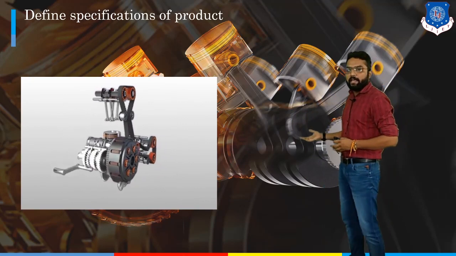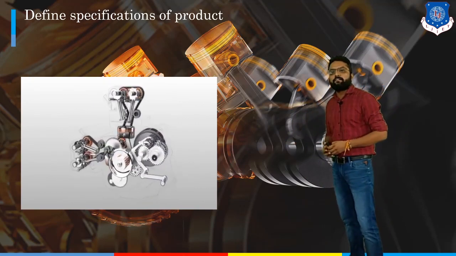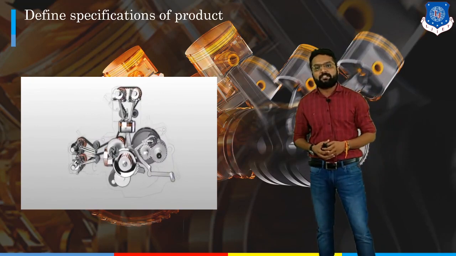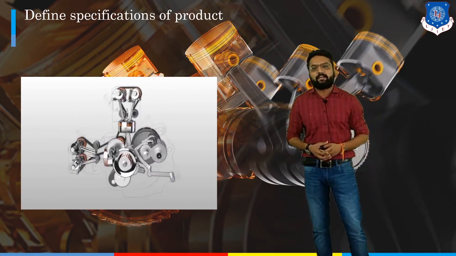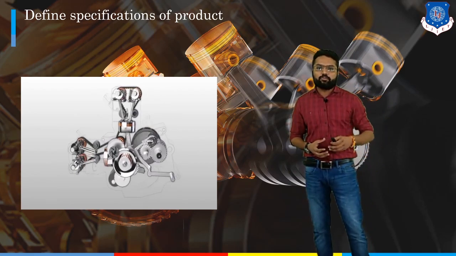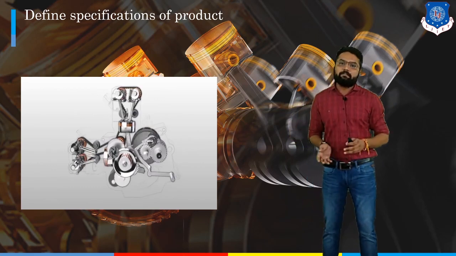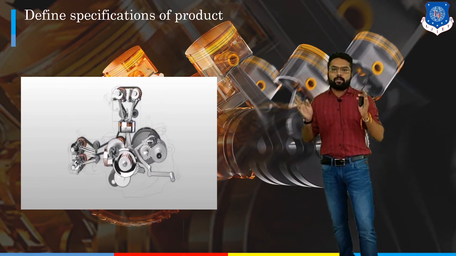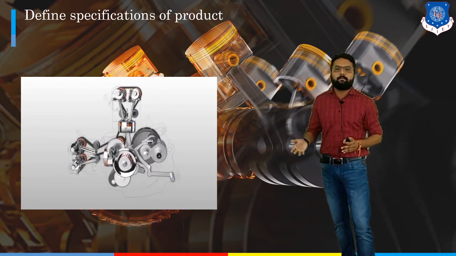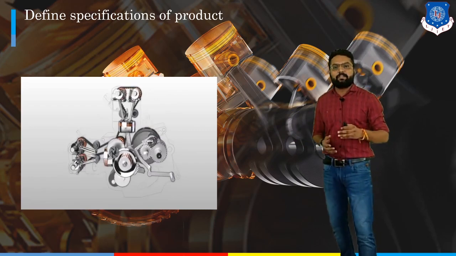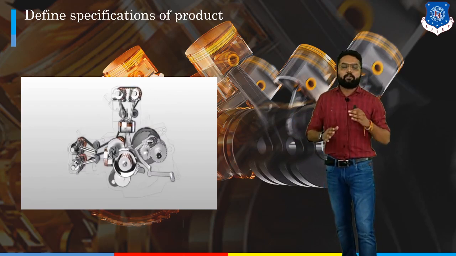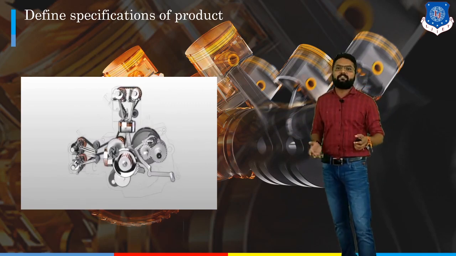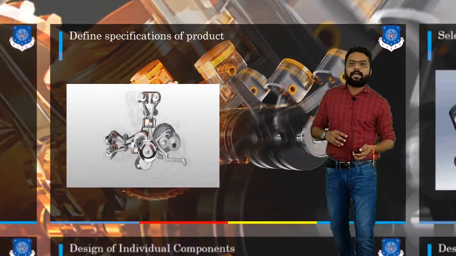After knowing the function of our component, we get into different specifications. As you are watching in this video of our IC engine, you should know the function of our IC engine. The function of our IC engine is to convert chemical energy into useful mechanical work. So first of all, you should know what our function is, and depending on the function, we should also know about the auxiliary systems that support that function, like the cooling system and the exhaust system. So we should design not only for our function, but also our auxiliary systems.